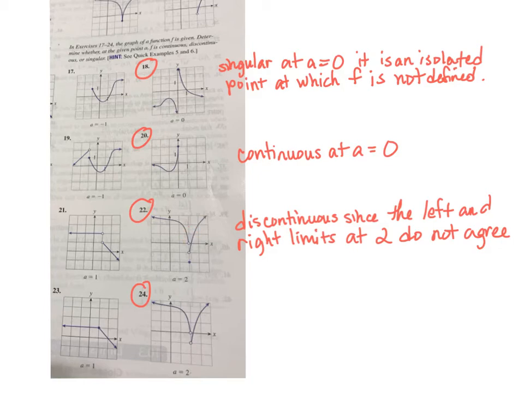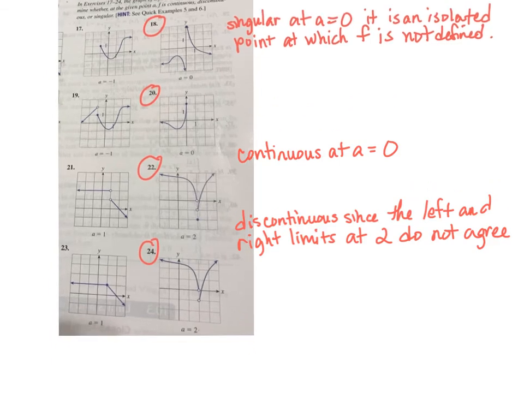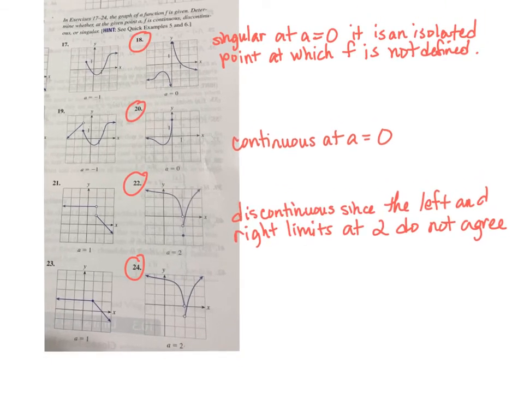So essentially it's 22 except we've removed the closed circle. Okay, we're still concerned with what happens when a is equal to 2. But now, since we've taken that closed circle away in this graph, it turns out that we're concerned about an isolated point where our function is not defined, then that makes this function singular